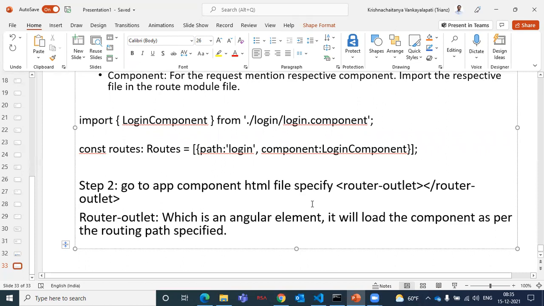All things in the HTML are elements, right? This is an Angular-specific element. It will load the component as per the routing path specified. So if anybody asks what a router outlet is: router outlet is an Angular element which is specific to Angular. It will load the respective component as per the routing path specified in the app routing module.ts file. Next.